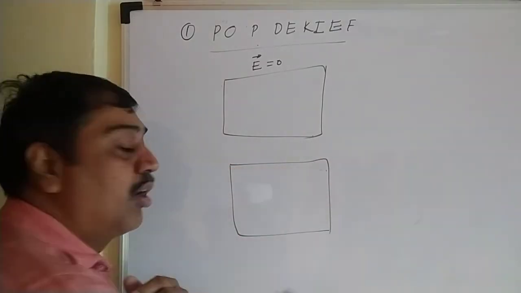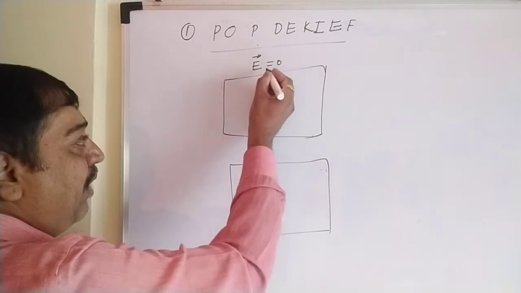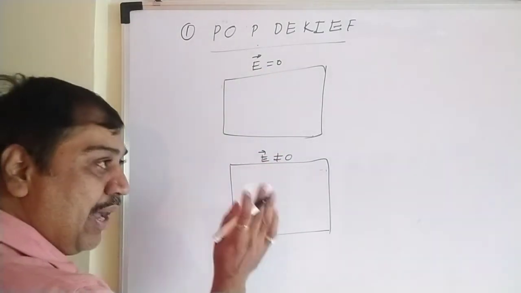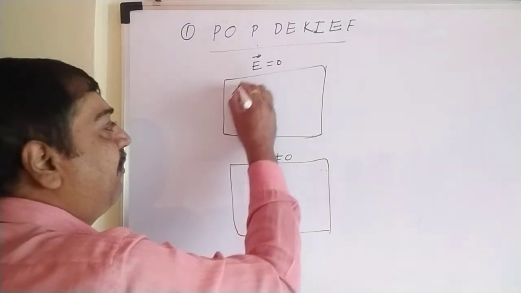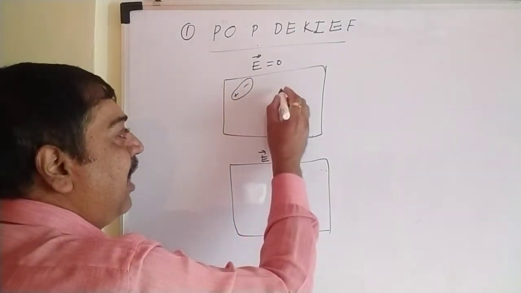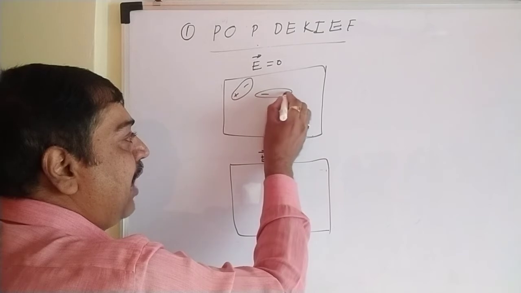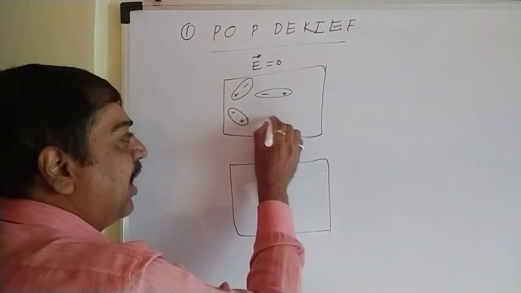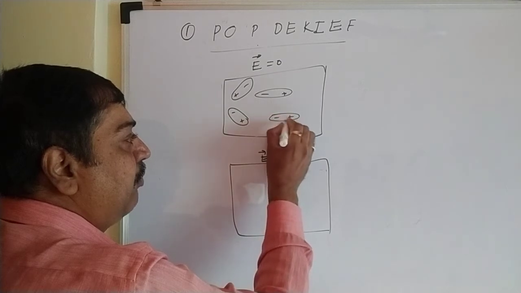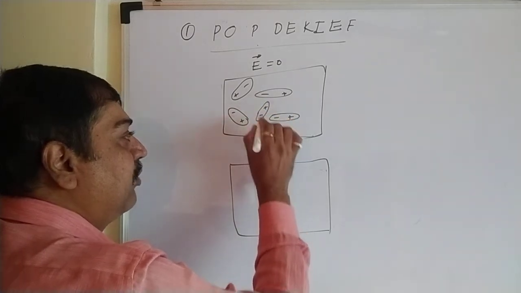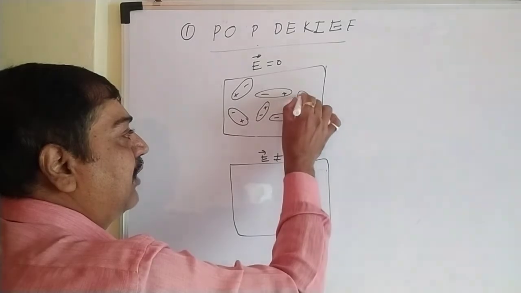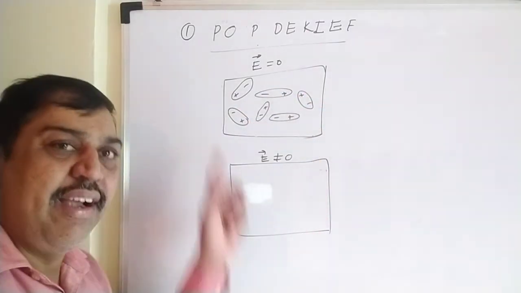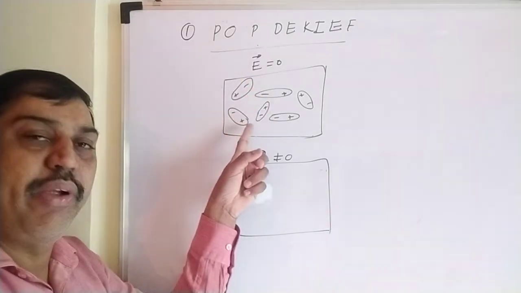It is said to be polar, so it already has polarities. So consider when the electric field is zero and when it is not zero, meaning we have applied some electric field. When the electric field is zero, these electric dipoles are moving randomly, here and there, anywhere. When we don't apply any field, the polar molecules are moving in any direction randomly.